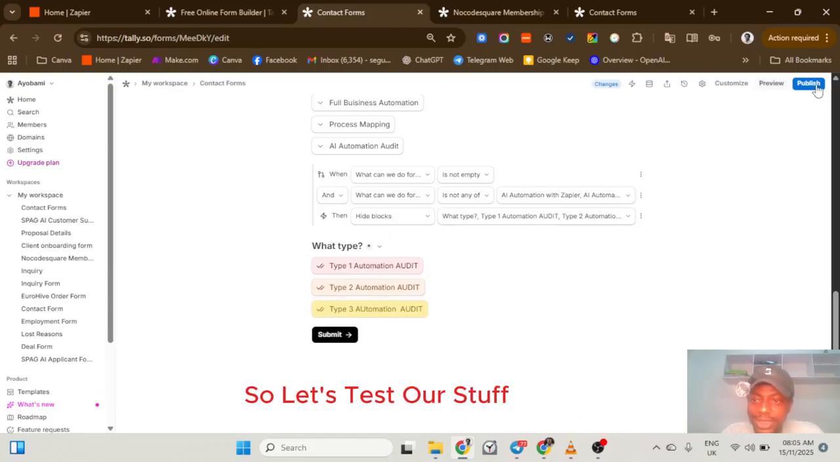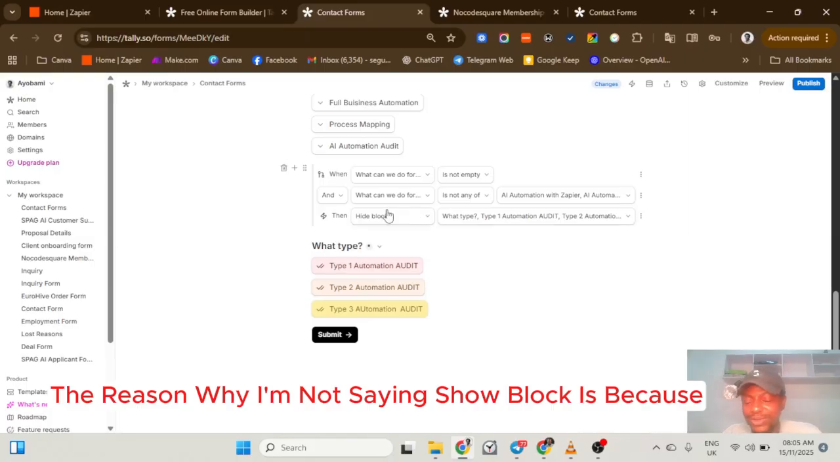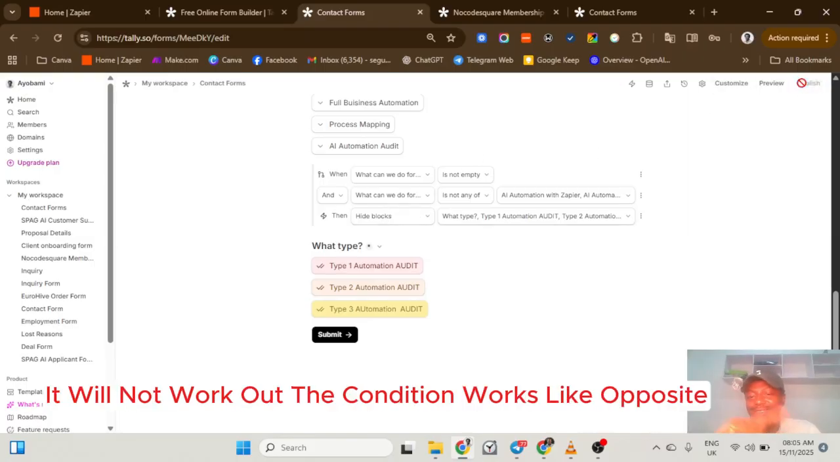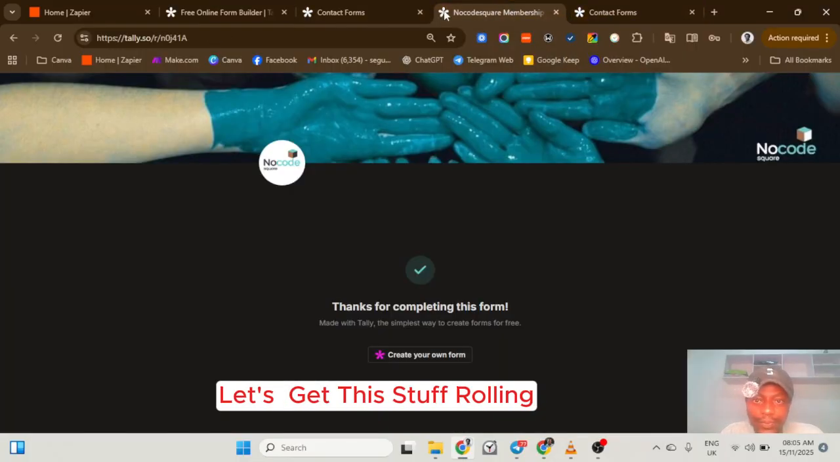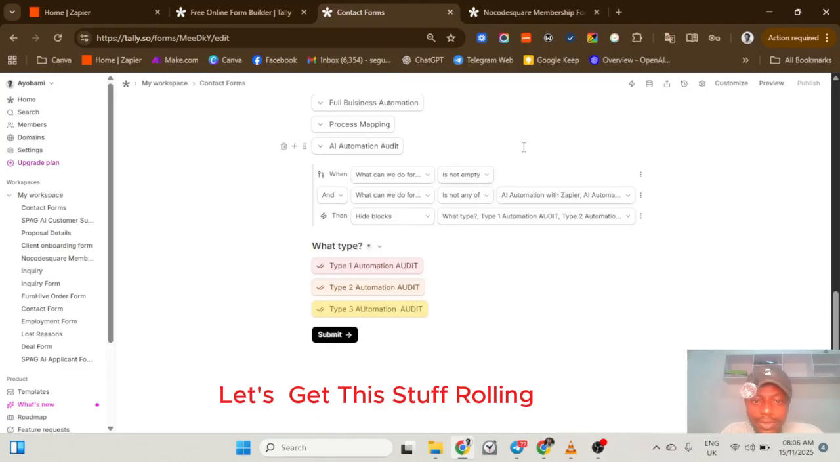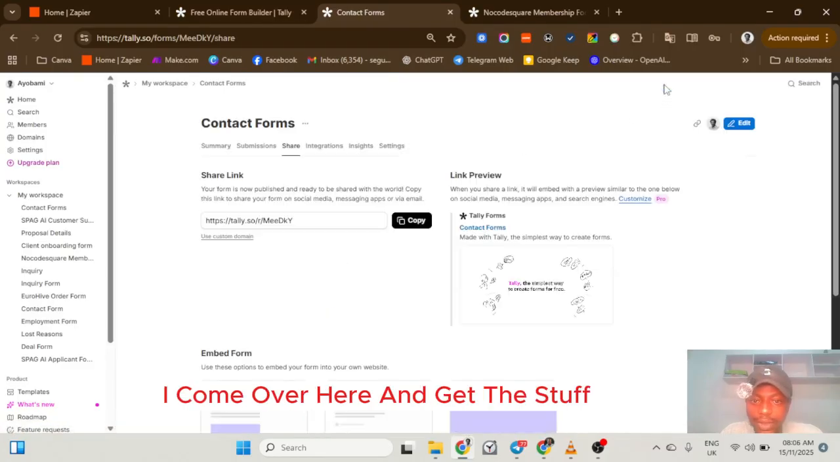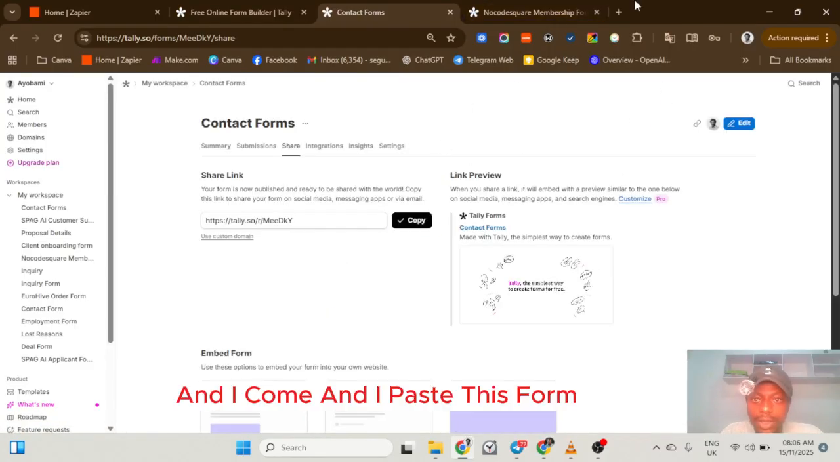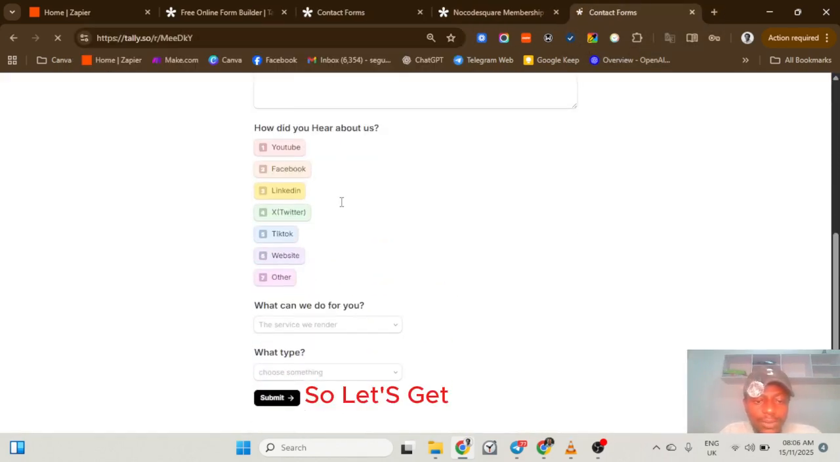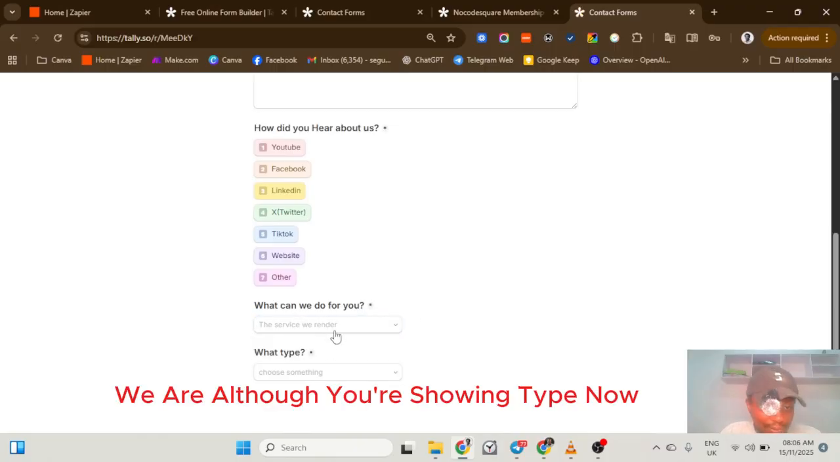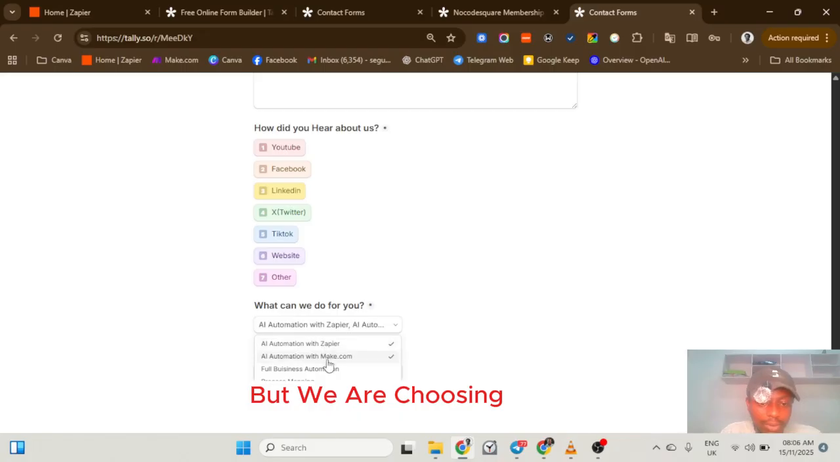So let's test our stuff. The reason I'm not saying show block is because it will not work. The condition works like the opposite. I'm sorry about that, but that's exactly how Tally works, right? So let's get this rolling. I come over here and paste this form. So let's get to it now. We are already showing type now, right? But we are choosing